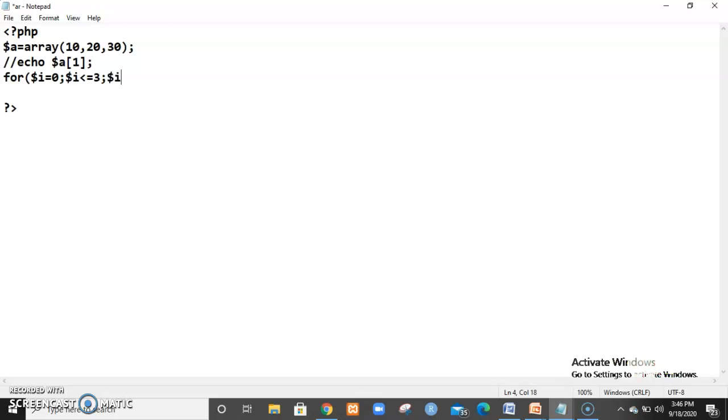Every time you use a variable, you use the dollar symbol, $i plus plus. Now here I just want to echo $a of $i. Now let me see the output.